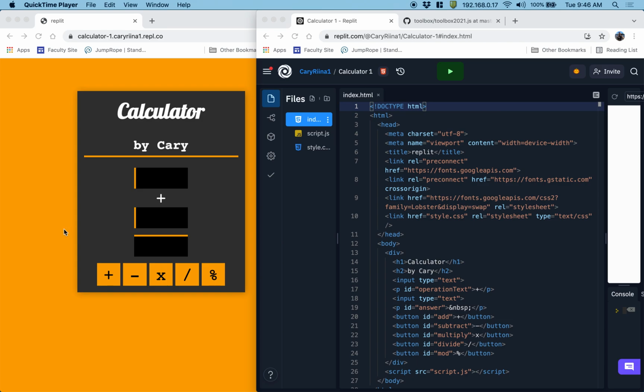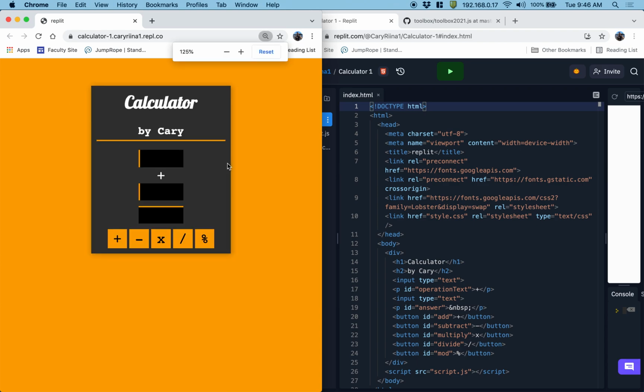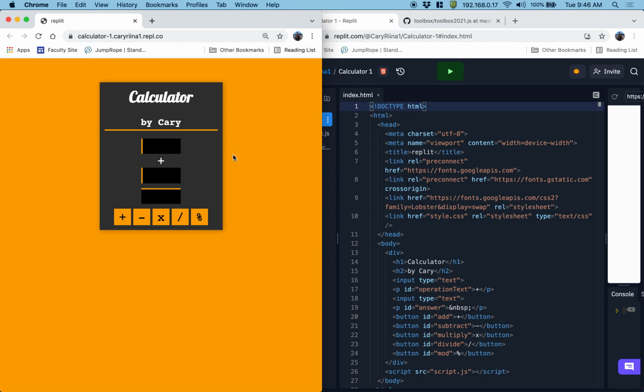we're going to take a look at adding some functionality to our calculator app. So in order to be at the right spot for this video, you want to make sure that you have your calculator open, and you also want to make sure that you have the page open that includes the calculator. Because we're going to be coding in JavaScript in this video,